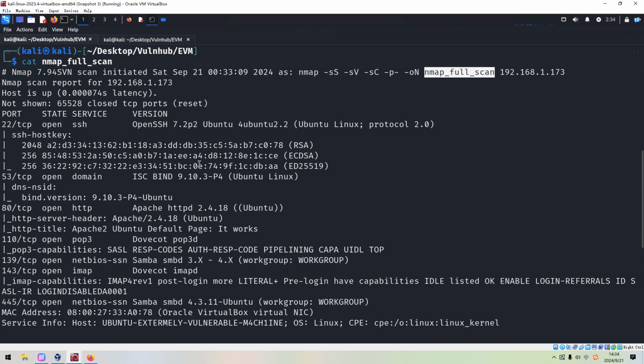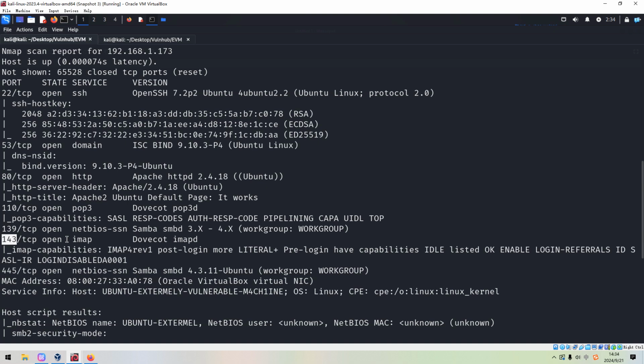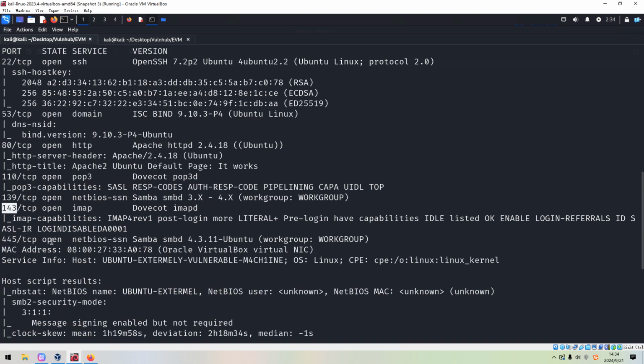So from the Nmap scanning, we can tell that the target has 1, 2, 3, 4, 5, 6 open port numbers in total. Let's take a look at these port numbers one by one.